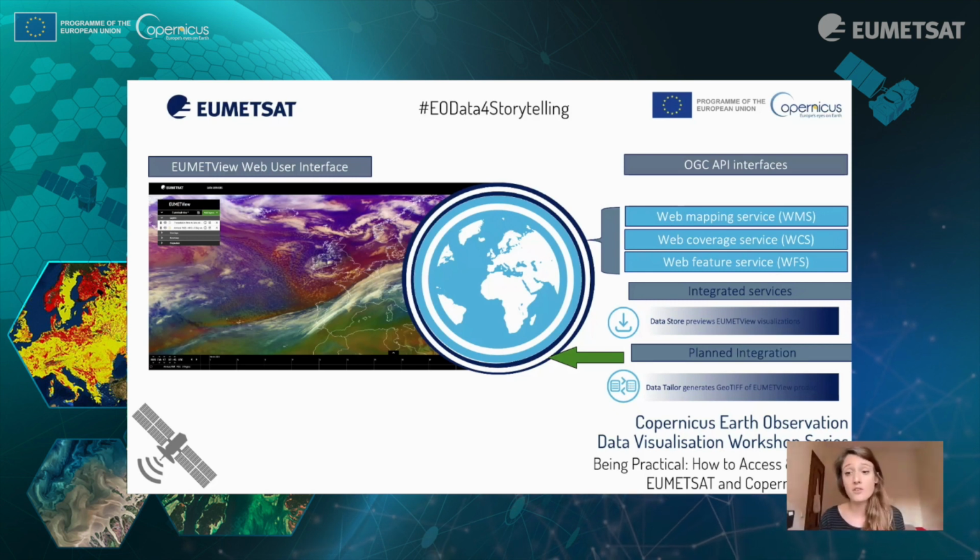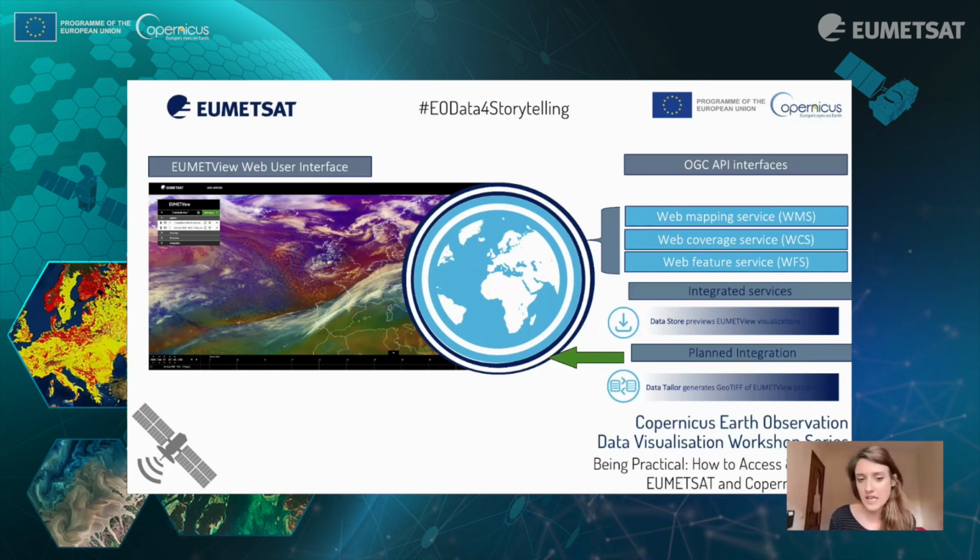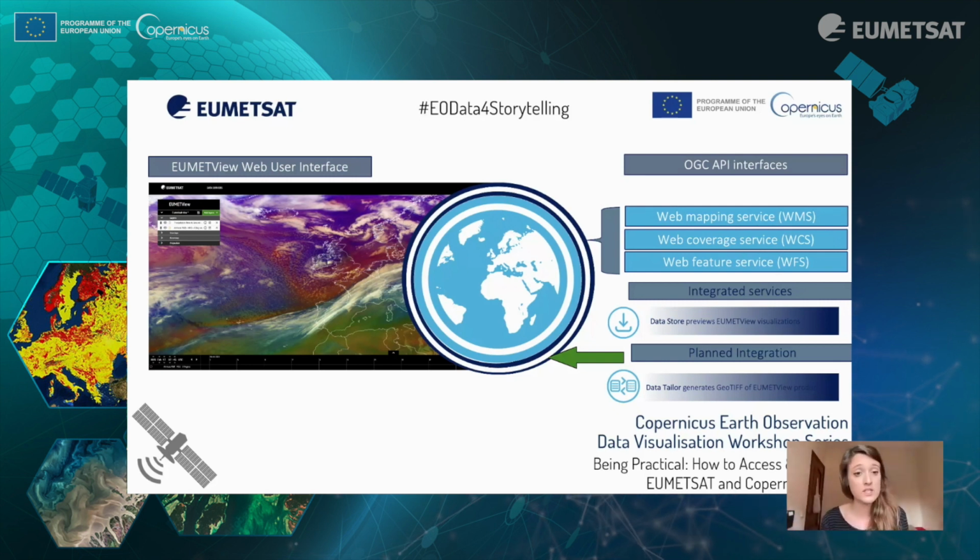But we also have the web coverage service, and this is more of raster data. This means when you get the information of a pixel, you can get the actual data from the satellite. So, for example, we are checking the sea temperatures, and then with the web coverage service, you will be able to have the actual data in degrees Celsius, right? We also have a web feature service that works more for vector data, such as, for example, wind speed. And this is also a great service that you can use.